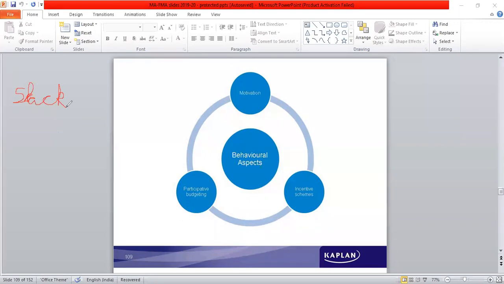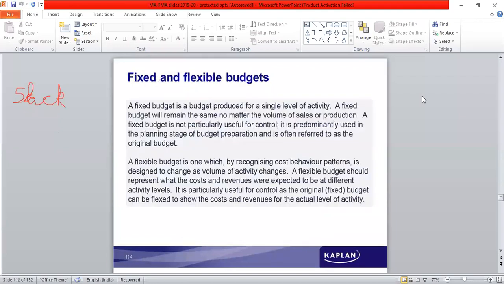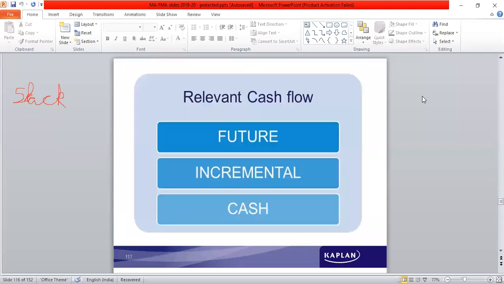In future, when you come to PM, studying PM and APM, these things again repeat. For the moment, just remember this. So with this, we finish the topic of budgeting and budgetary control. Now we come to chapter 14. What is capital budgeting? Capital budgeting is